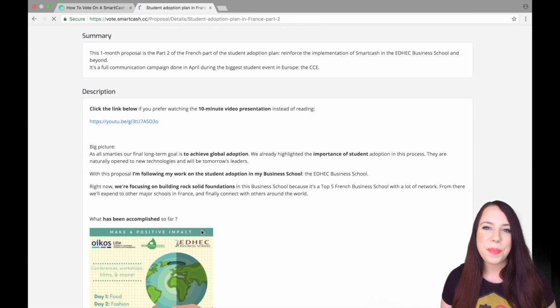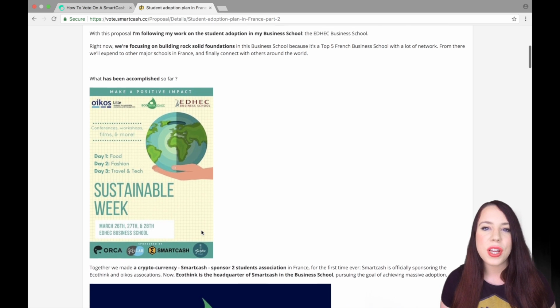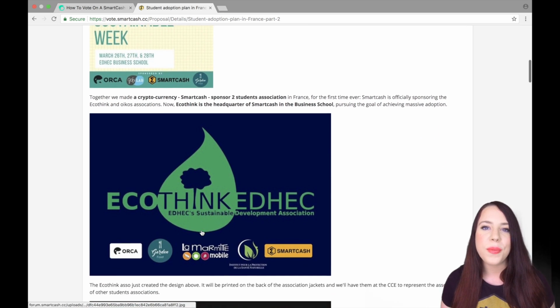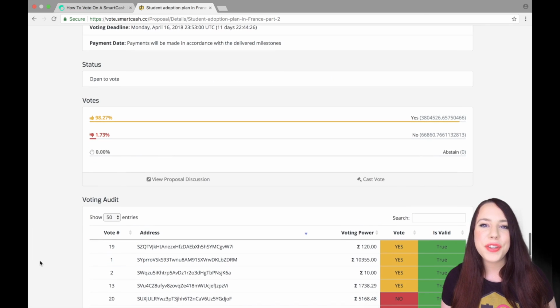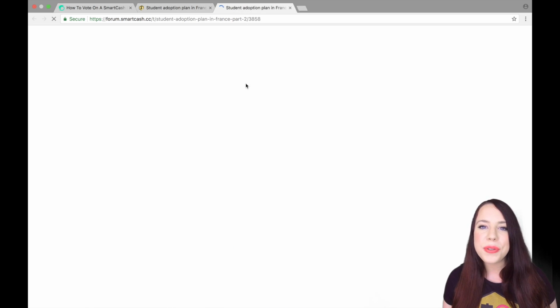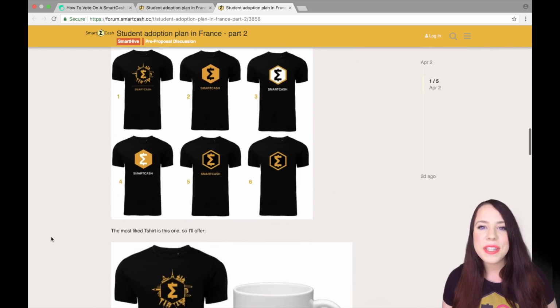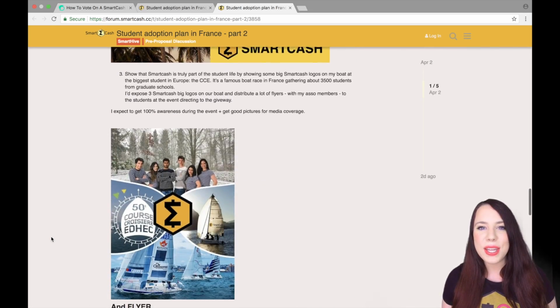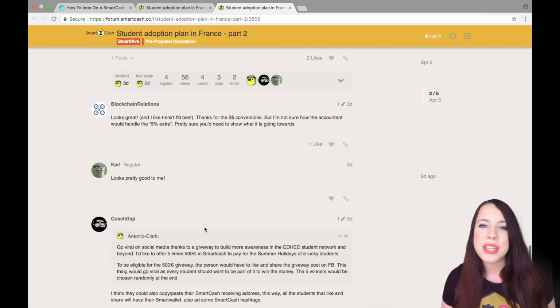If I click View Proposal, then I'm going to see here a summary and a detailed description of the goals and how that person wants to undertake their project. If I scroll down here and I click View Proposal Discussion, that's going to take me into the SmartCash forums where I can see the pre-proposal discussion, I can see the different comments that other people have left, and I can even leave a comment myself if I want to highlight something or suggest improvements or even just ask a